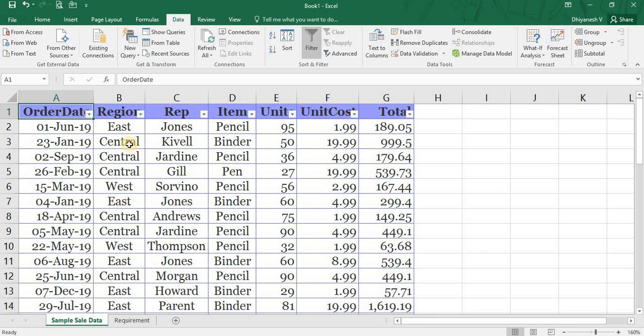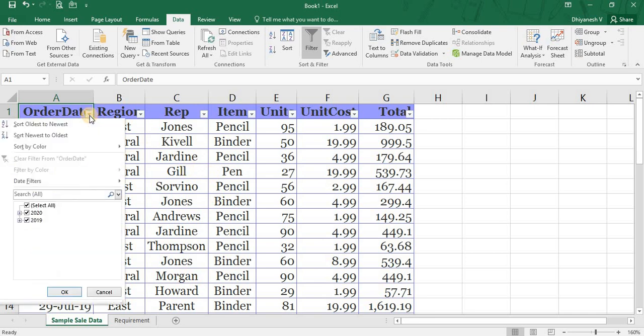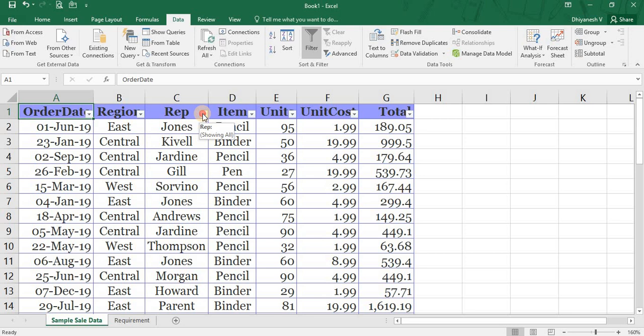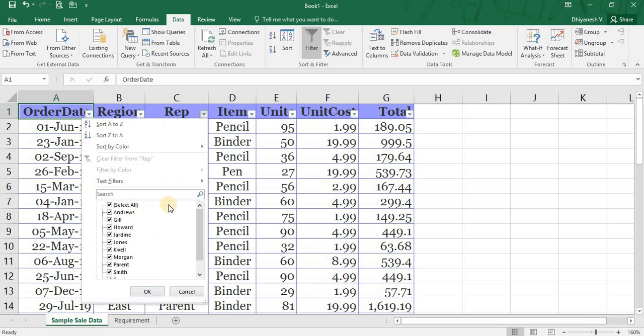On applying the filter option, you will be able to see an arrow mark in every column title you have selected. So this list is the unique names available in the entire data column.